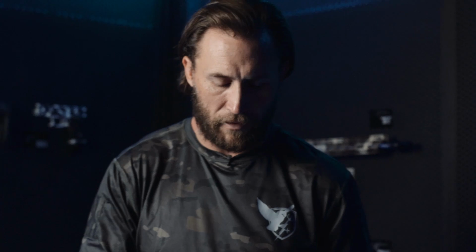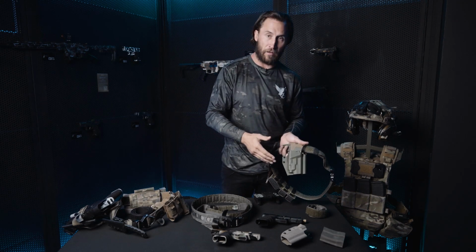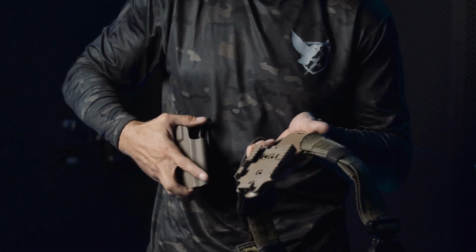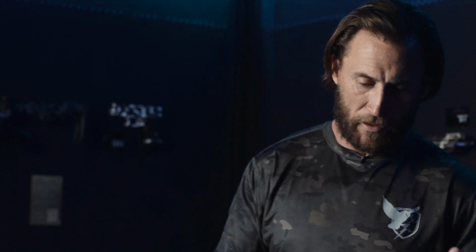I use the Safariland Quick Lock system, and what I love about the QLS system is today I'm running a Glock, and I decide now I want to run my Staccato. I take this in, I have the male adapter and the female adapter always sits here, and I can just put that in, and now I have a completely new kit and setup. The nice thing about the QLS, the Quick LS, is that